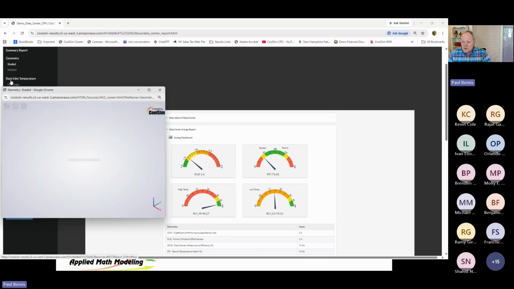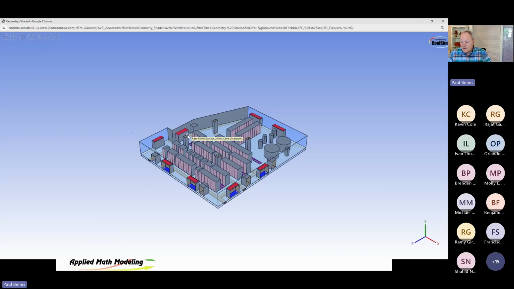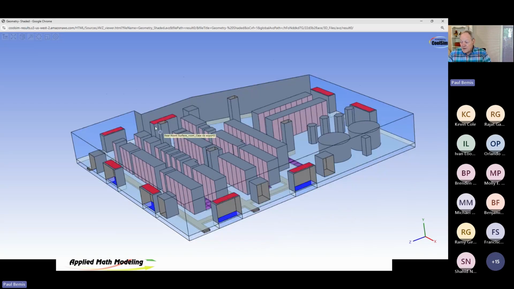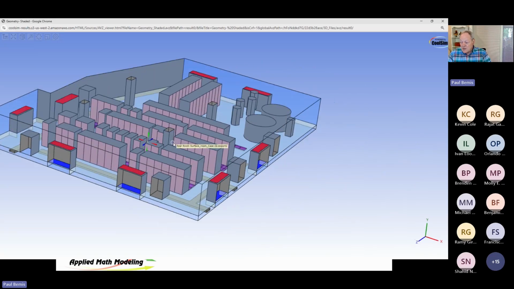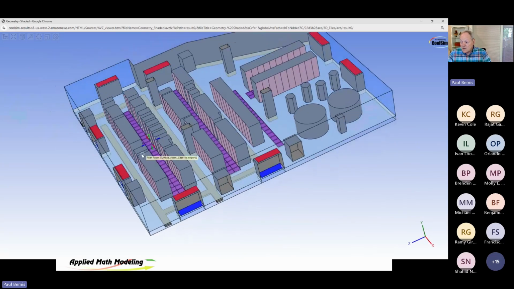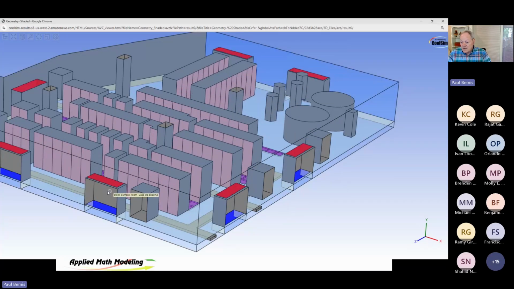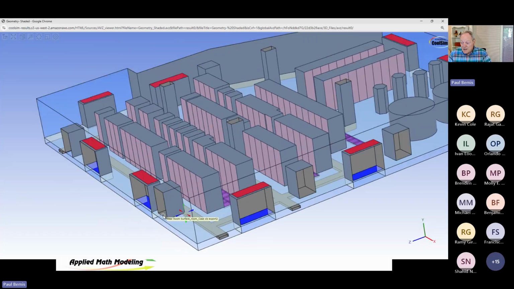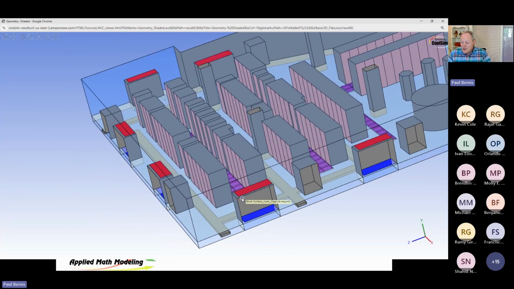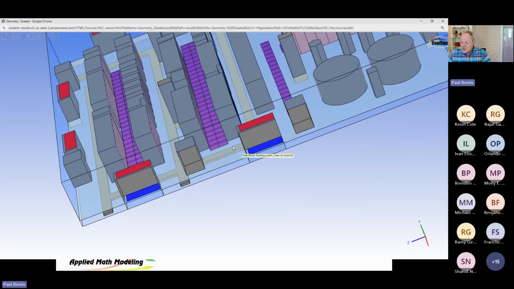First, I'll show it to you as a shaded data center. So this is our data center. This is what it looks like. It has perimeter CRAC units. In a data center, it is a raised floor design. These are the cooling units. You can see the red is the return and the blue is the supply. These are the racks. It is a raised floor design, and these are perforated tiles along the